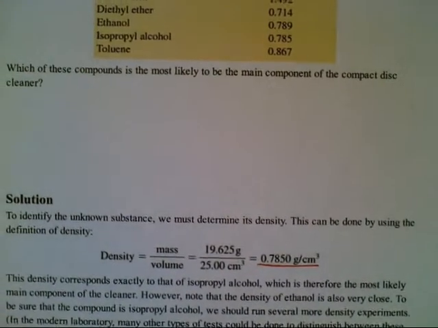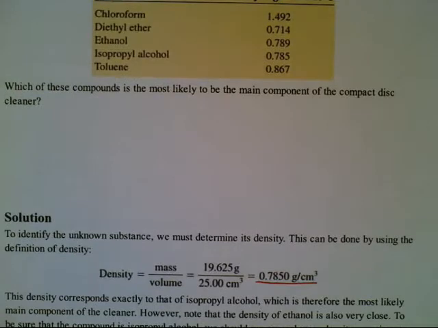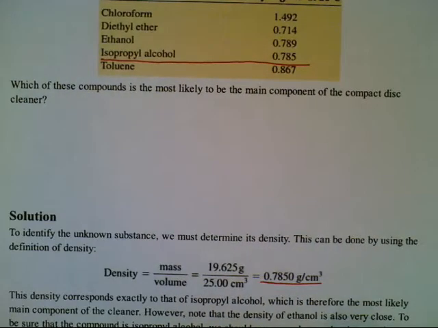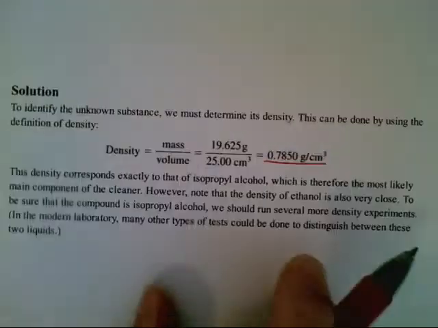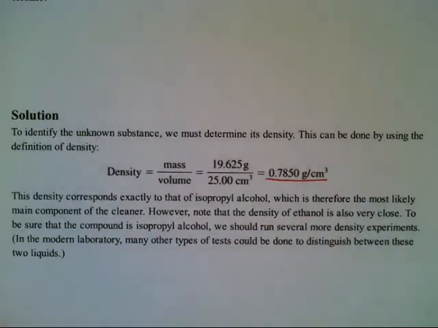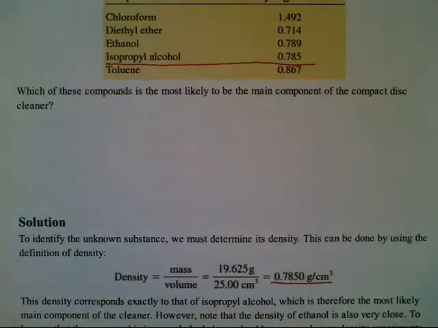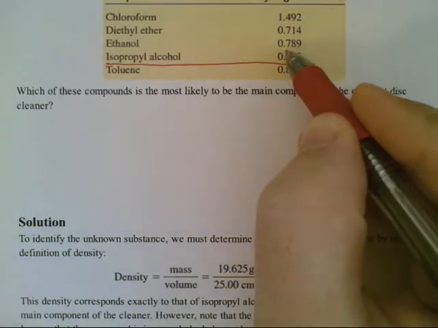Now, if we slide back up to the table, we see that we have a match. We have a match. So the density corresponds exactly to that of isopropyl alcohol, which is therefore the most likely main component of the cleaner. However, note that the density of ethanol, right here,